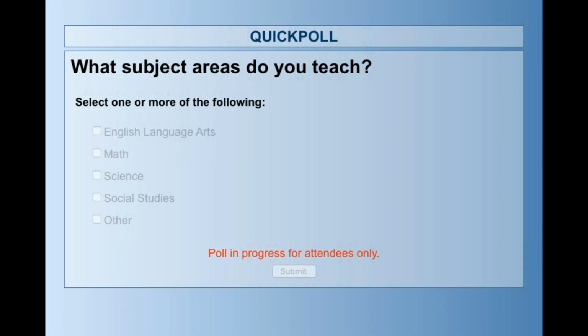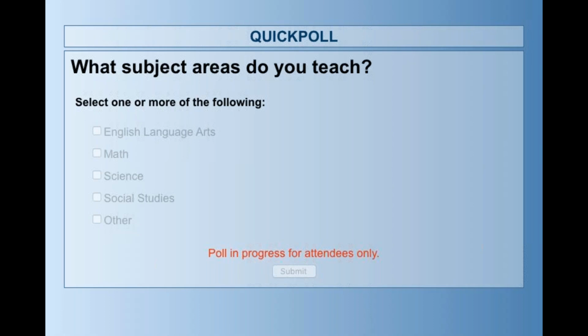All right, of the group here joining us live today, it looks like about 3/4 of us work with English language arts, half math, half science, half social studies, and half other. If you're an other person, you can go ahead and put in the question box what your other subject area is. Maybe it's media specialist or foreign language or library studies. You can always put that in the question box just to let us know a little bit about your background, technology, awesome, language, ed tech